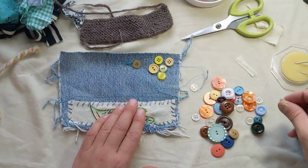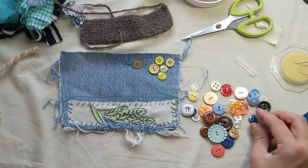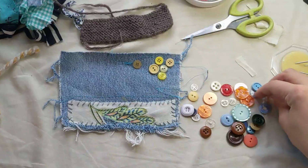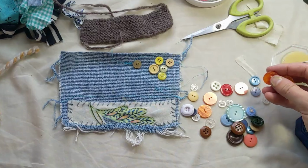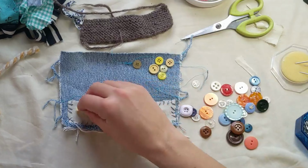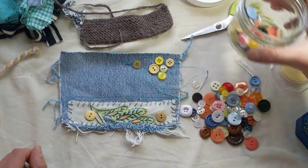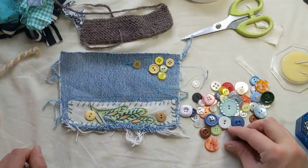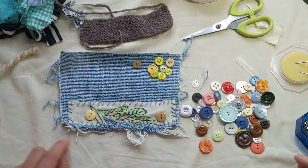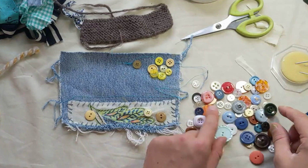This is just a random collection of buttons I grabbed from my case, collected from various clothes and thrift stores. Sometimes they have those button bowls. So I guess the question is, do I want this to look more like sand, more like grass? I don't really have a lot of green buttons going on here, so we might have to say no to the grass. But the pale yellow,